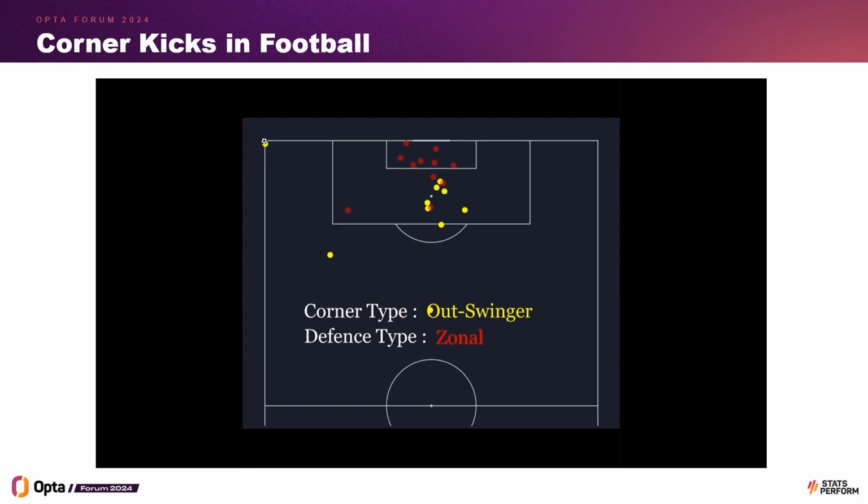Today I'm going to go through my research, which is a causal analysis of corner kicks, not a casual one. Let's know more about this work through this video example. You can see an outswinging corner being played into the box against a team set up in a zonal defense. Wouldn't it be good if we were able to pinpoint or estimate various reasons that impacted